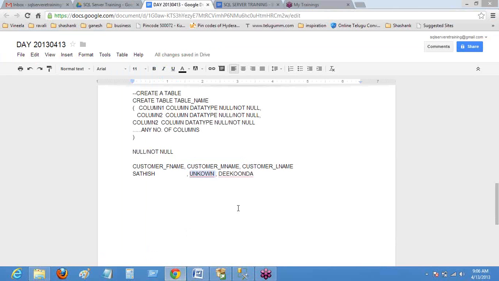So in this place we can just enter null. That means there is no data available for that column, for this particular row. These are called rows, and then these three are column names. I don't know the information for that. That is called null. And then if I want to add another column called date of birth,